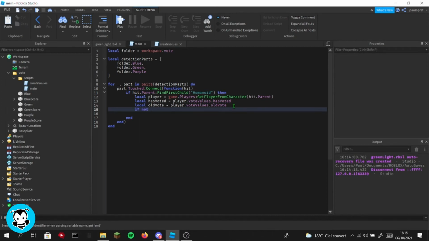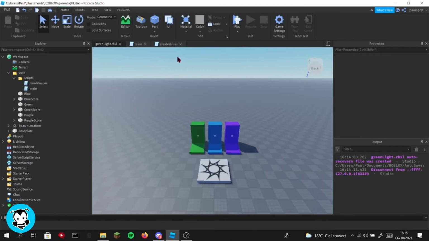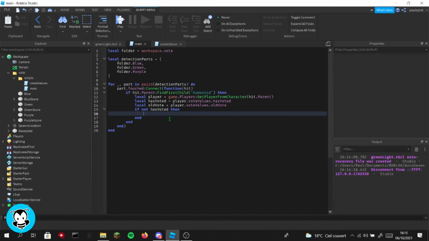If not, has voted. Okay, for now, just simple things. I will not use all vote. I will just set my numbers to something. So, if it doesn't vote, then I will take my pot and then add score to it. So, for example, if I go to green, then I will add score, so it will be green score, and